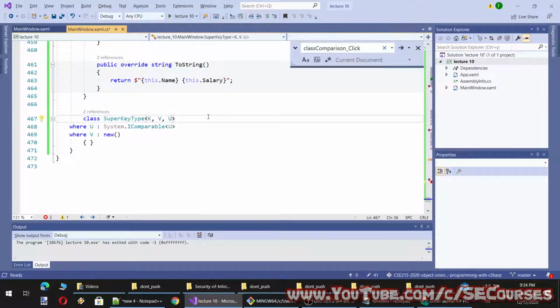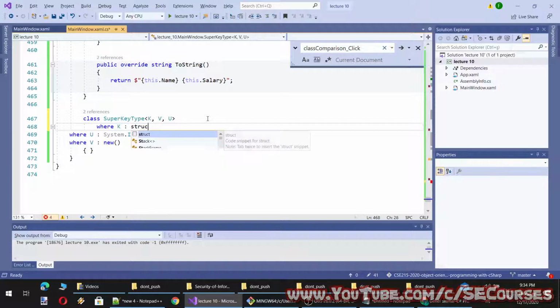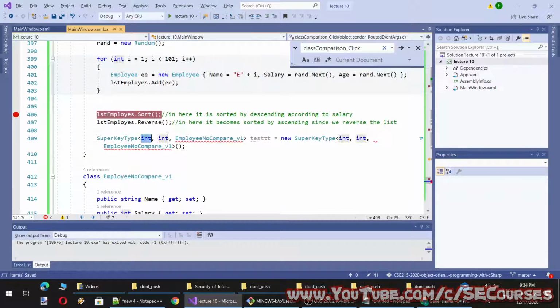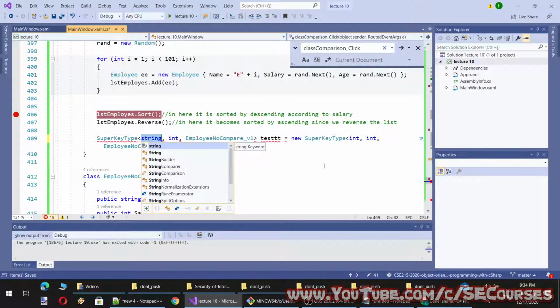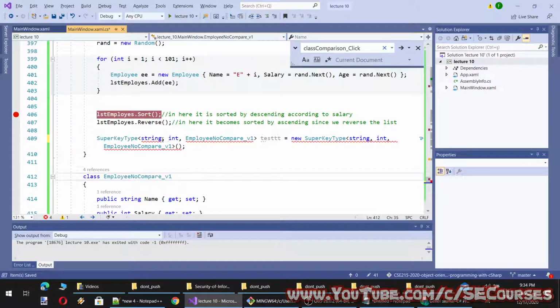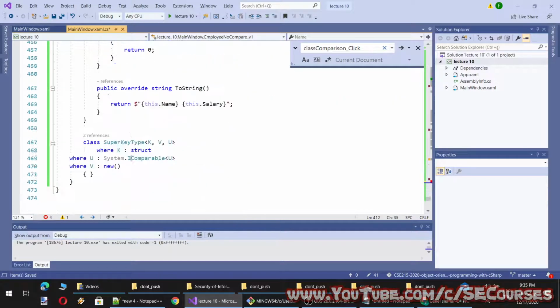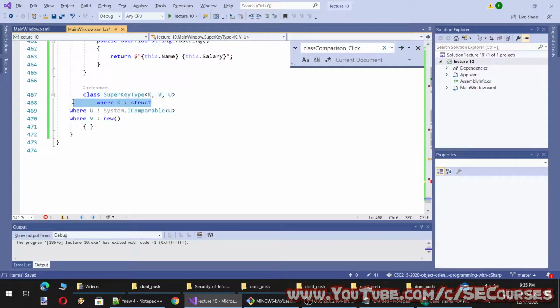I can also make it like this, where Key must be a struct type. If I define it like this, this would also fail. For example, it says that the type string must be a non-nullable value type in order to use it as parameter Key, because I have limited it like this.